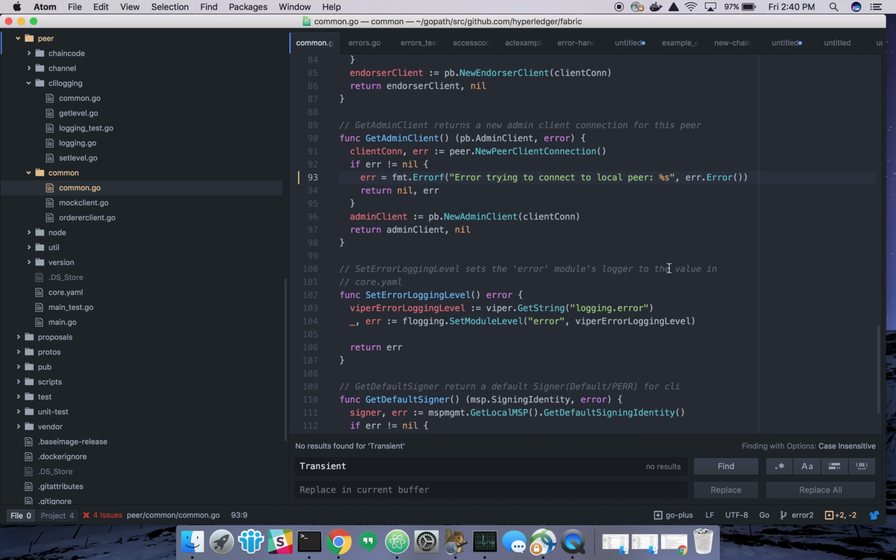Alright, so what I'll start with is I'll go into the code, and so here in this get admin client function, the code just tries to connect out to a running peer, and if it can't connect for whatever reason, we were just returning this standard format.errorf error message. And so that's all well and good, but if we want to go ahead and start utilizing this error handling framework, what we'll do